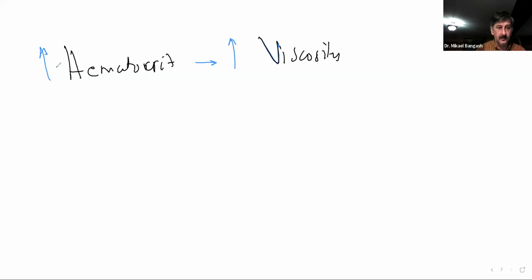And vice versa, a low hematocrit leads to a lower viscosity. As my professor used to say, hematocrit should be 45%. So that's the normal value, where the remaining 55%